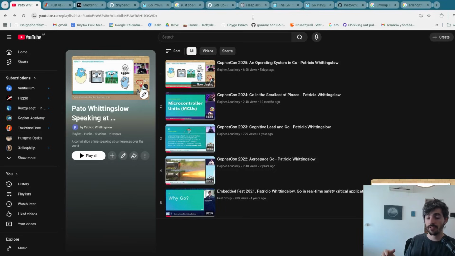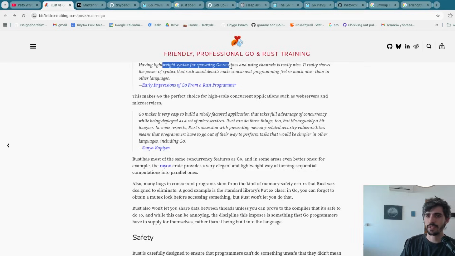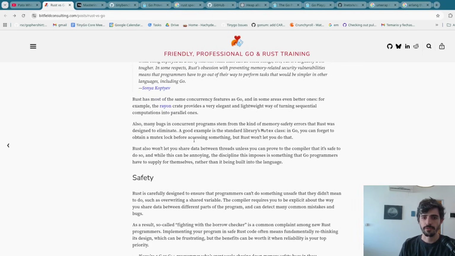And if something gets out of line, it can send a signal to the process Go routine to end itself so that the main Go routine can take control and sort of return everything to a safe state. So that's what I talk about in these talks, my earlier talks. Back here, lightweight syntax is really nice. Blah, blah, blah. Go is so nice.